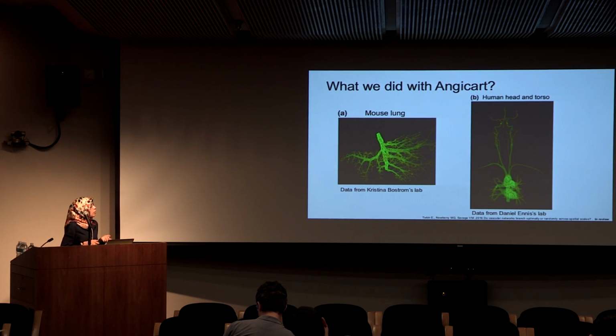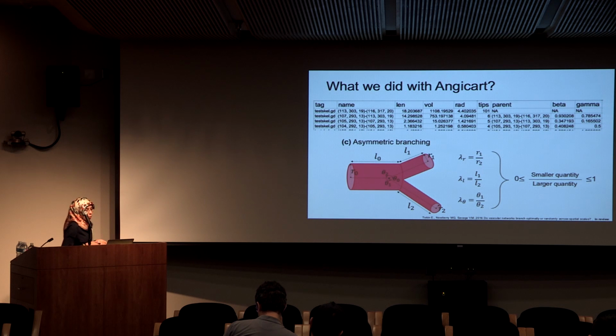Okay, so that was the end of the software overview. And what we did with Angicart: we have two different data sets, mouse lung and human head and torso, and these are the images processed through Angicart. With this empirical data, we tested the symmetry assumption of the vascular networks, and in the literature,